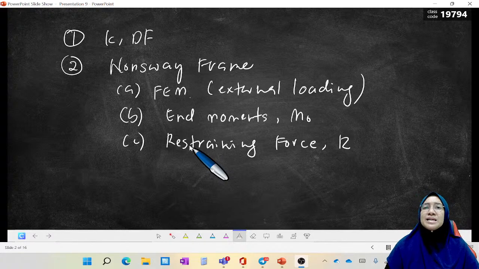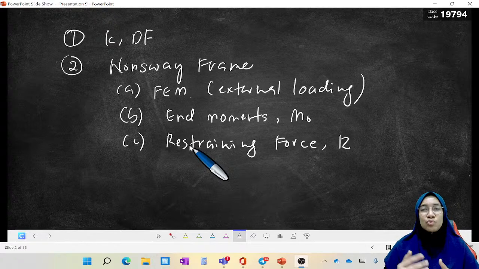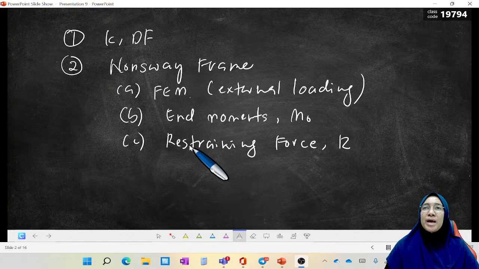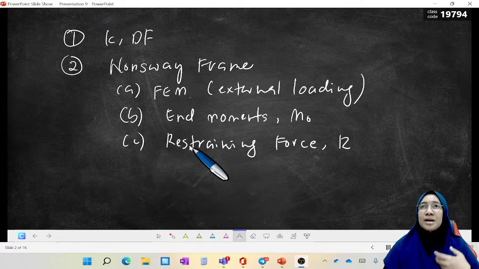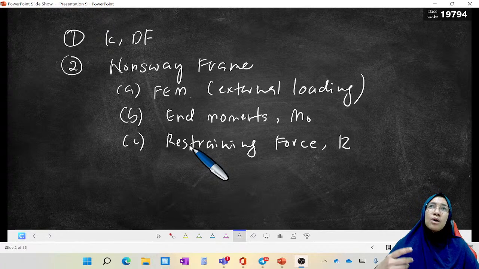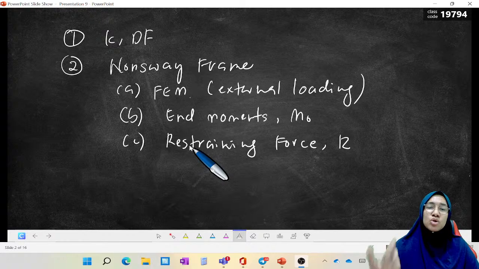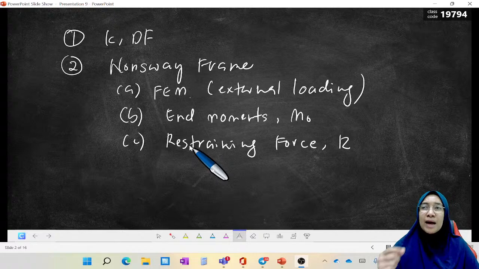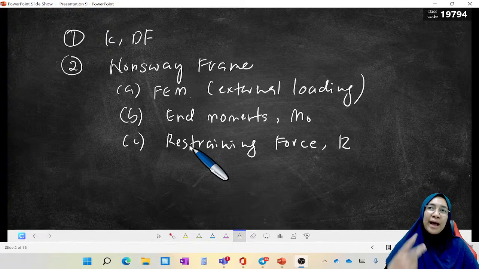So that is why whenever we have frame analysis with sidesway, we have FEM that we can calculate due to external loading, and we also need to assume FEM due to unknown delta value, unknown sidesway. So that is the idea why we have to have two